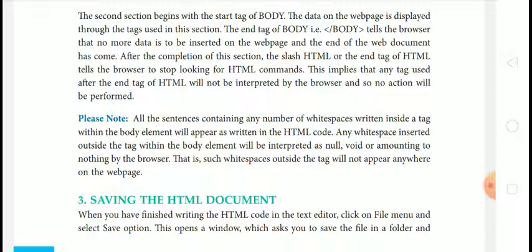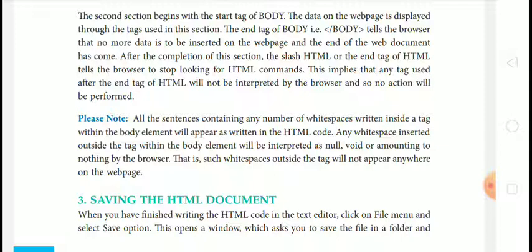This implies that any tag used after the end tag of HTML will not be interpreted by the browser, and so no action will be performed.